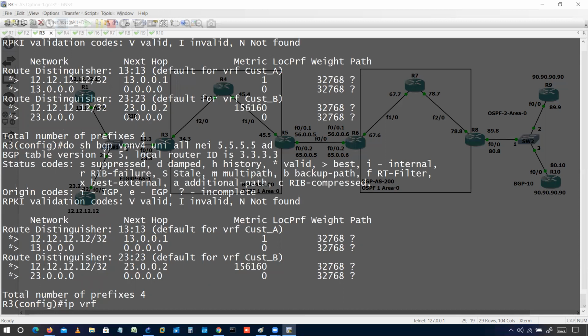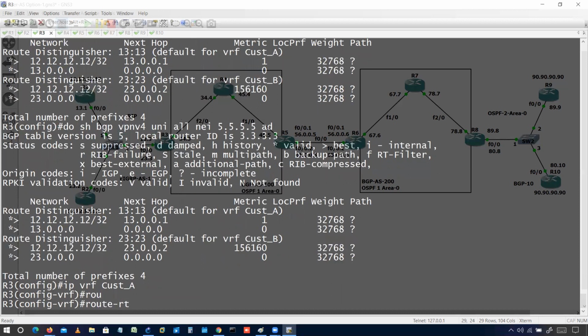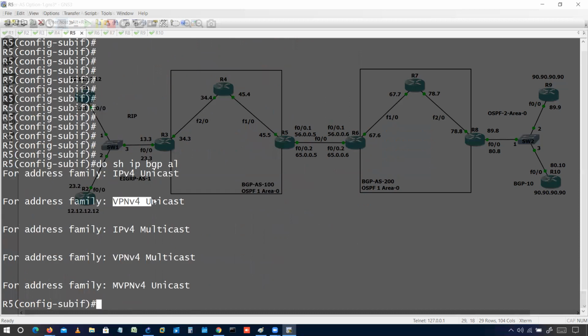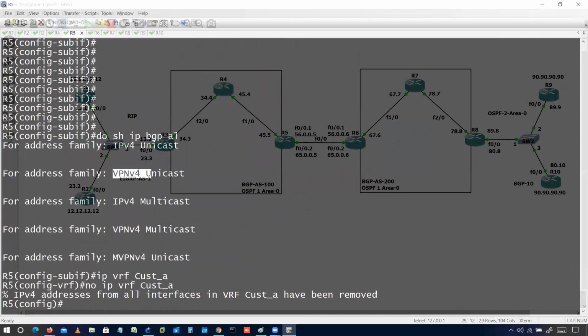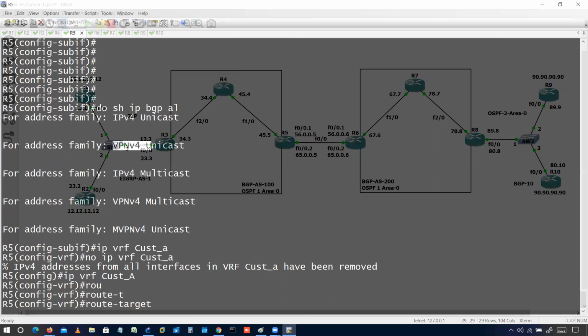So ip vrf customer A, route-target export. What do I want to export here? Export 13:13. Okay, and go to R5, ip vrf customer A, route-target import.